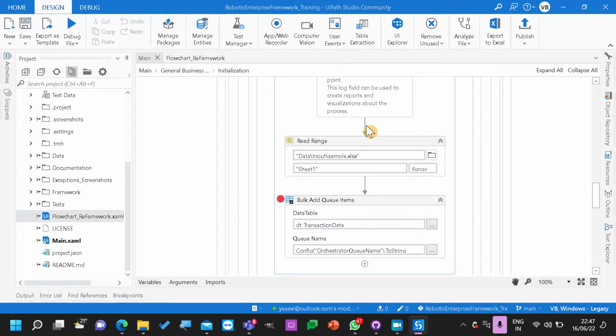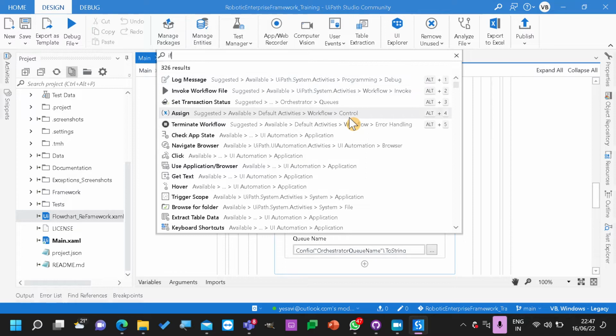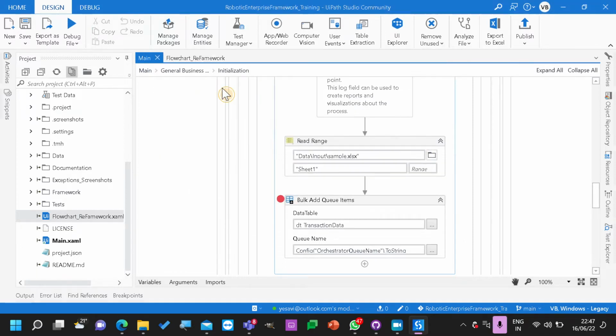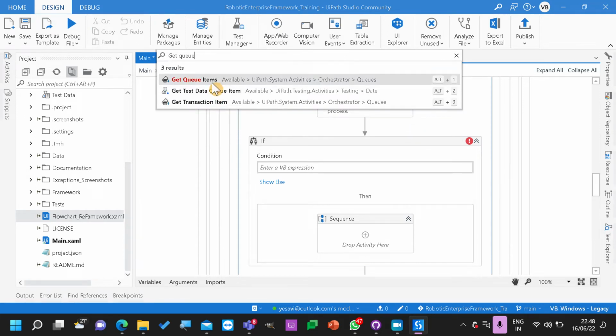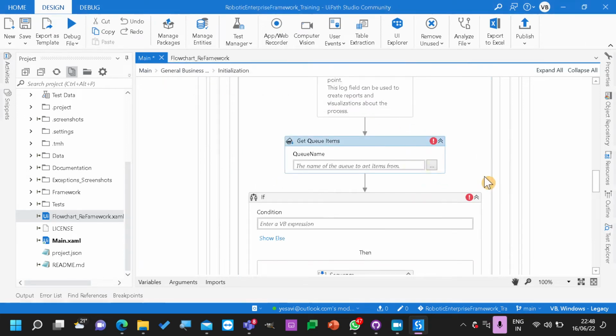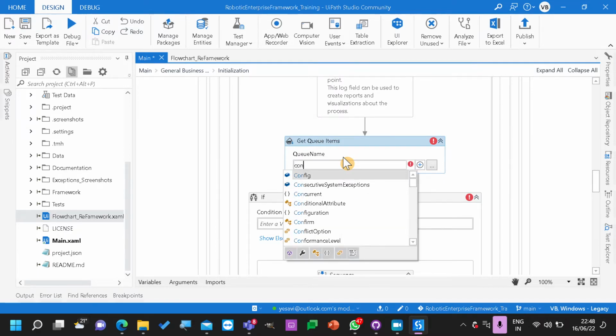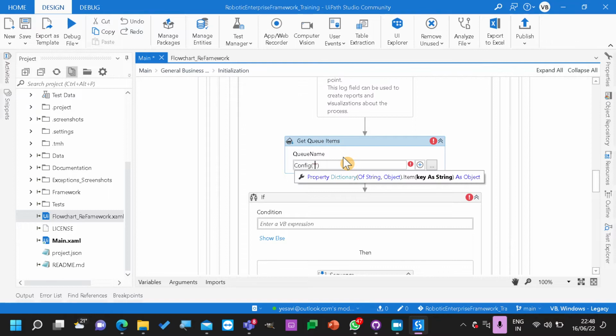But what if I have something like this? I have a condition, and before this if condition there is get queue items. So in this get queue items, config of orchestrator queue dot toString.